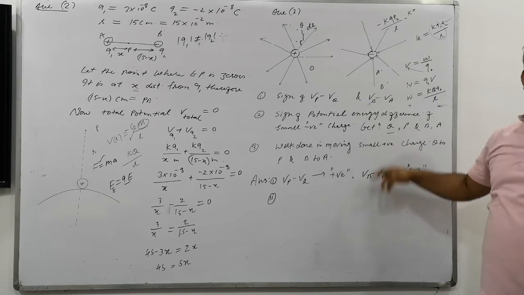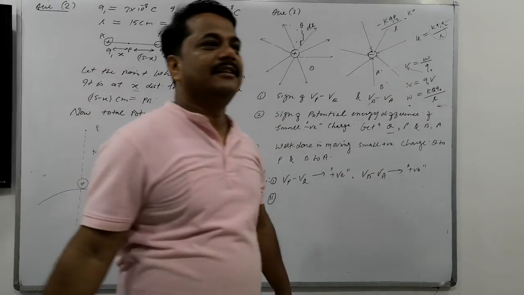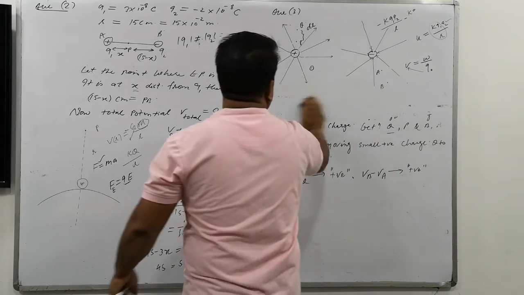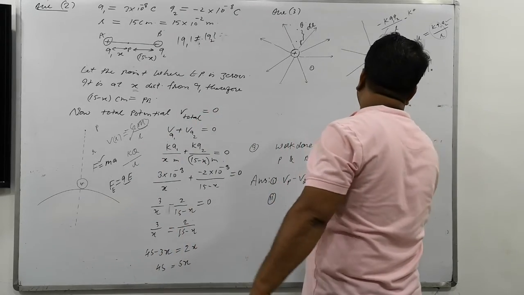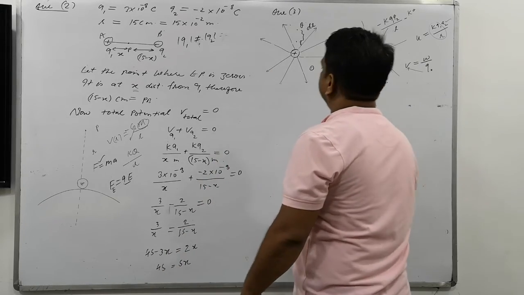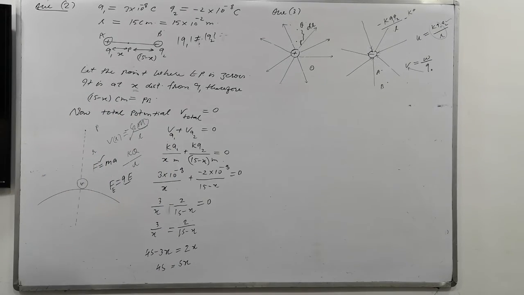Right now, B to A or A to B, will it be positive or negative? Negative or positive? Negative. Why negative? Tell please. Potential energy. Next question. So the difference, VBA, will be what? Here the energy is always taken positive. Why? Because the difference in energy cannot be negative here. In moving a small positive charge from Q to P.